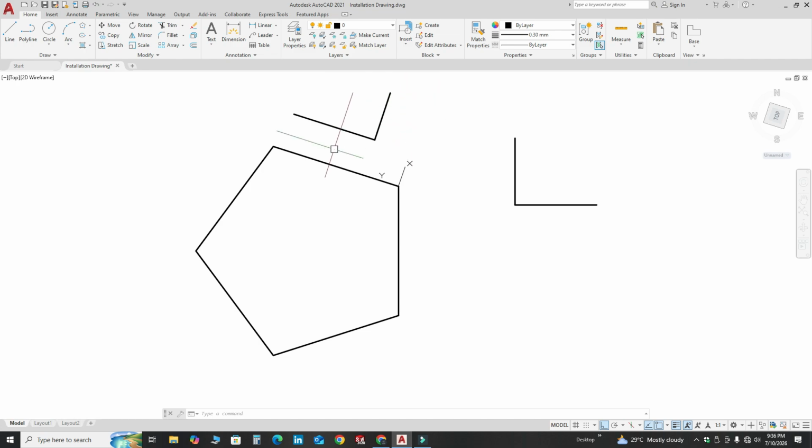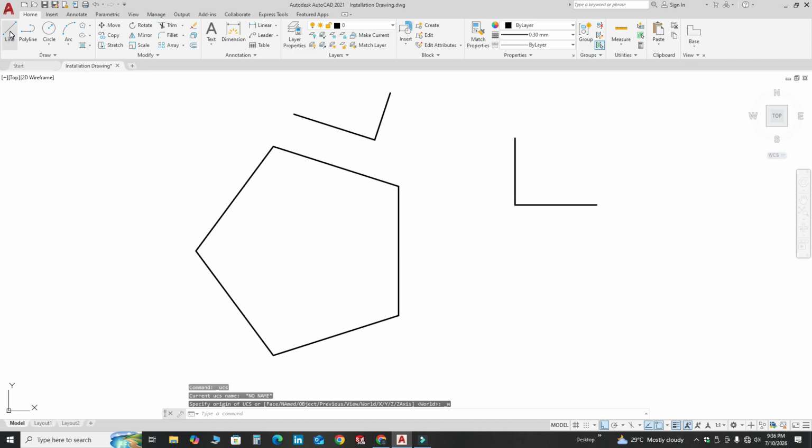After creating your geometry or drawing, let's change this UCS back to its original position. What we have to do is select this UCS, right click and select World. So it will be moved back from here to here.